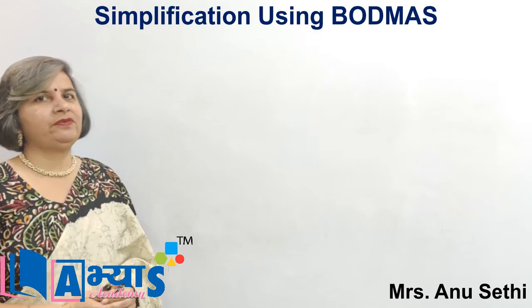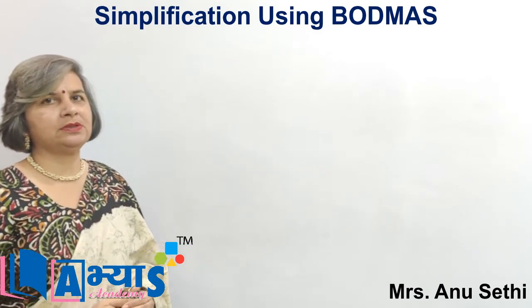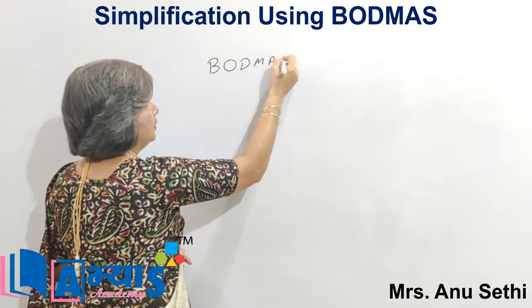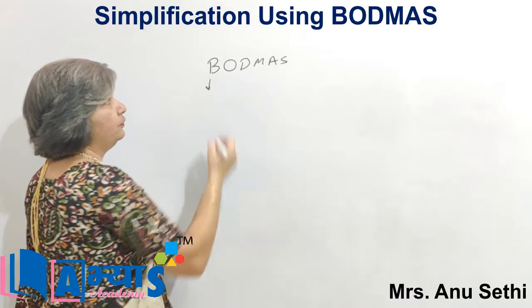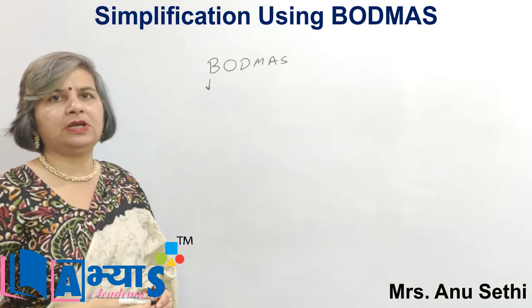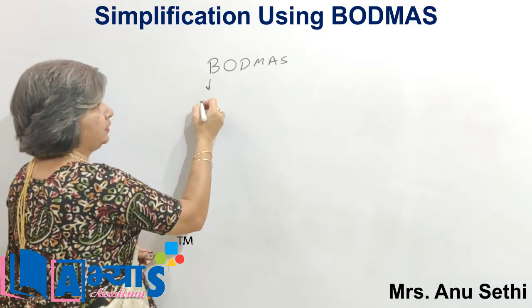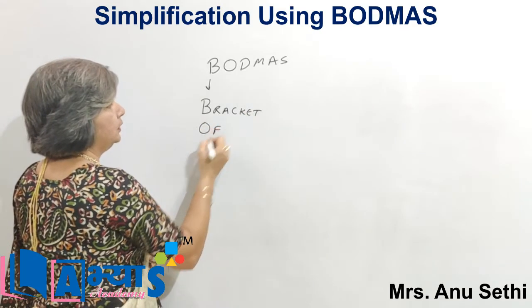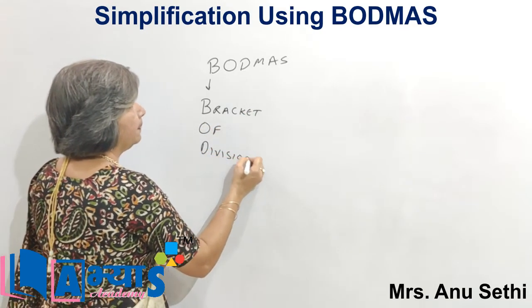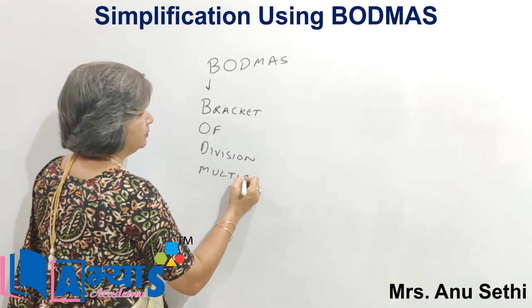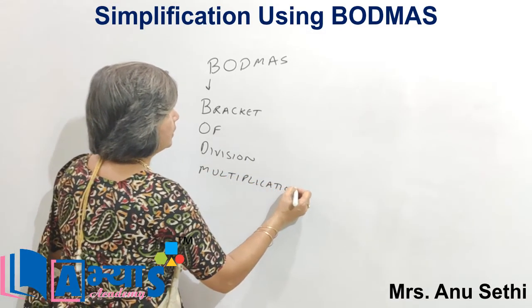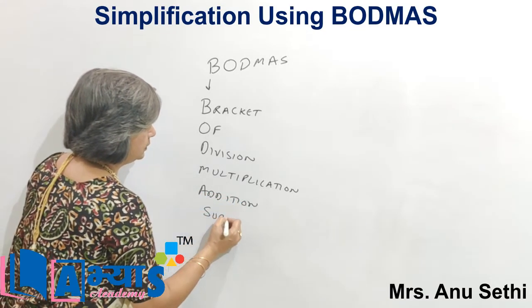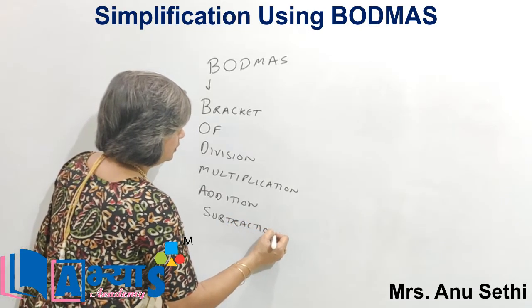Discuss the concept of simplification of integers using BODMAS. BODMAS means brackets, of, division, multiplication, addition and subtraction. That means first we will solve the brackets, then of, then division, multiplication, addition and then subtraction, from left